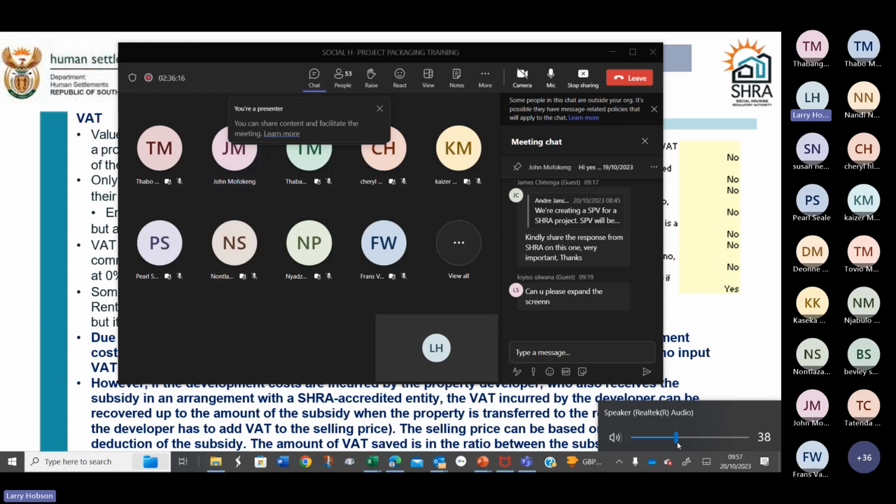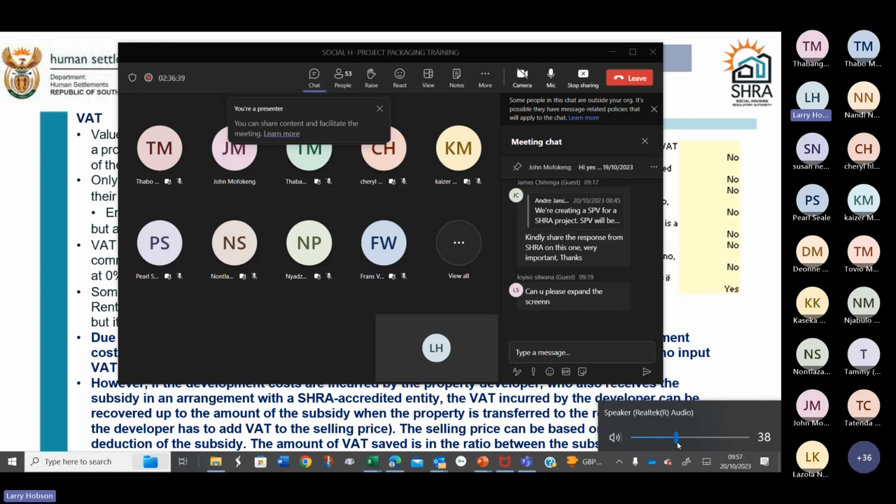Nonhlahla, were you saying there is a SHI registered as a VAT vendor, or are you asking if the SHI can register as a VAT vendor? Yes, can the SHI register? Not normally, no. The SHI would not normally be able to register as a VAT vendor itself, because your